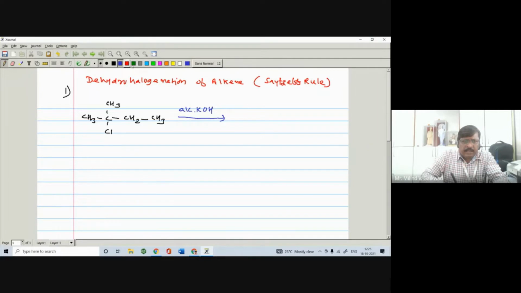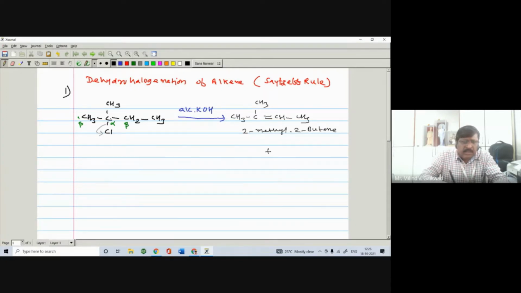So here, this is your alpha carbon atom, this is your beta carbon atom, this is your beta dash carbon. During the course of the reaction, there is a removal of hydrogen from the beta carbon. So the sigma bond opens on this chlorine, C negative, C positive, and you are getting here CH3, then here a CH3. There is a double bond, CH and CH3. So there is an abstraction of proton from the beta carbon atom, and you are getting a 2-methyl 2-butene compound.